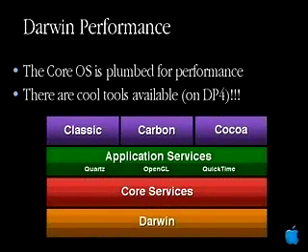One other aspect that I wanted to get into here is that we've really factored performance in as a key part of the OS architecture. You'll see as you look into the Darwin source code, or as you start playing with some of the tools, that we've actually plumbed the OS for performance. There are lots of counters and tools and entry points specifically for gathering performance data and information. This is particularly helpful for us in terms of how we tune the system and how we evolve it, and probably more importantly, how you, the developer, can get involved in making sure that your apps are using the OS in the most efficient way possible.